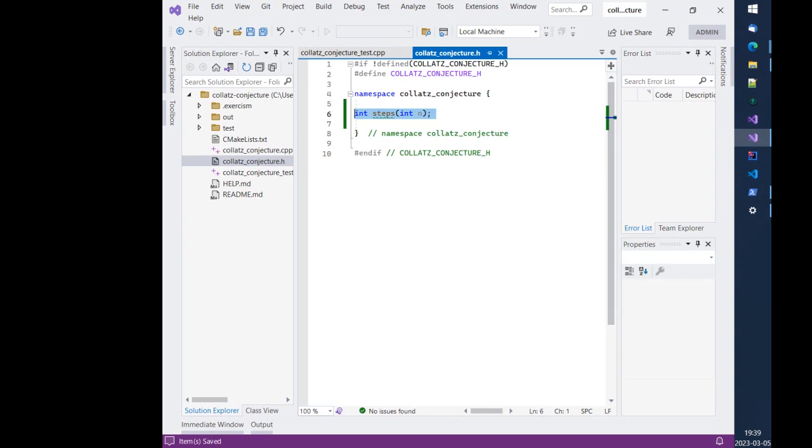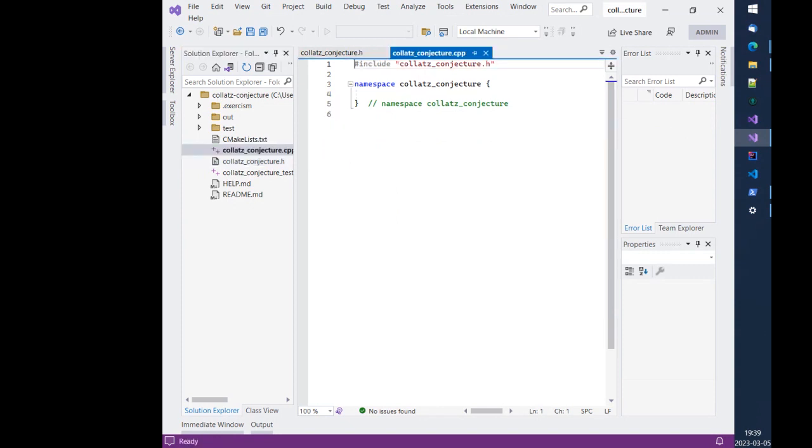So if we copy that and go back to our actual source file, which has a .cpp extension, we can start working on the actual implementation of the function. So I will paste in